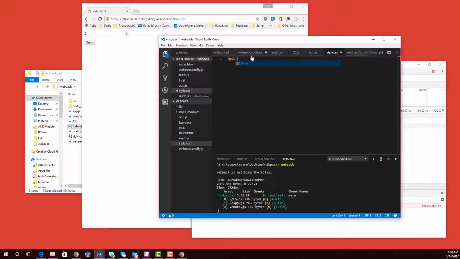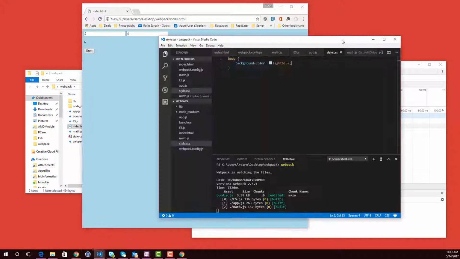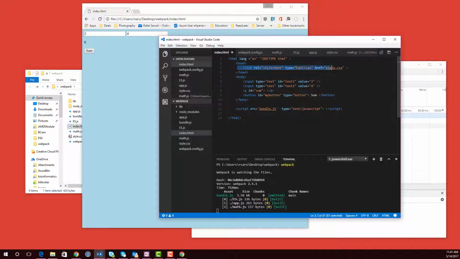and let's make the background color light blue. Save, and let's see. So you can see the style sheet is pulled. Everything is working fine. Now we can see how we can utilize Webpack and get rid of even this reference of the style sheet from the HTML. Let's delete that, save this,